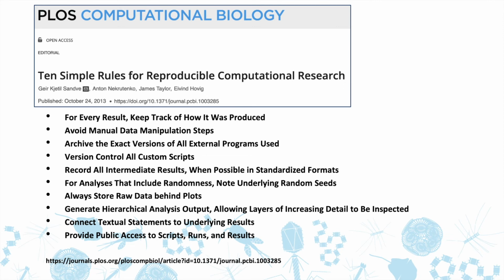If you want to get deeper into any of these ideas, there's a great paper here in PLOS Computational Biology, 10 Simple Rules for Reproducible Computational Research. So it's reproducibility, but really tuned into computational research in sort of biological sciences. And I've listed the 10 simple rules here, but I recommend downloading this paper and reading through the explanations of all of these rules, and that will help guide you and have some really good reproducibility practices.